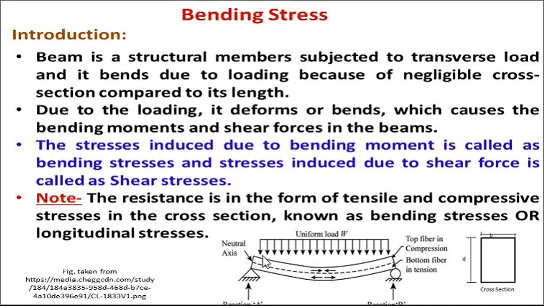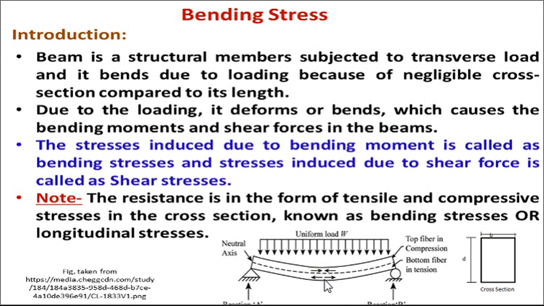When a beam is simply supported like this, it bends like this, meaning the top portion will be under compression, and the bottom portion will be under tension. In a cantilever beam, normally the beam bends like this. When it bends like this, the top portion will be in tension and the bottom will be in compression. But that is in case of a cantilever beam. In a simply supported beam, compression is on the top side and tension at the bottom side.